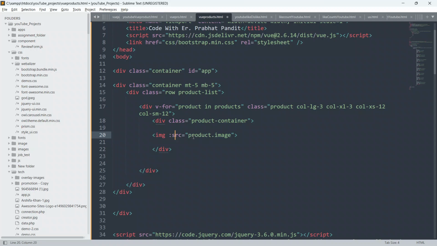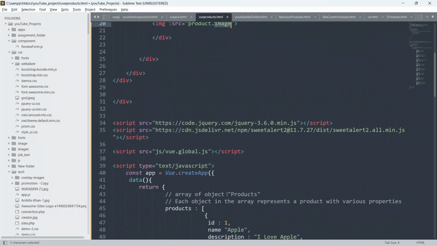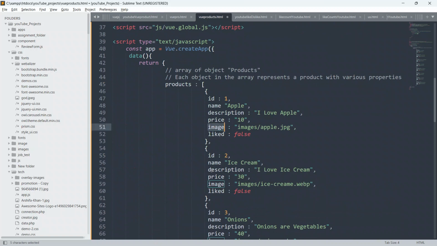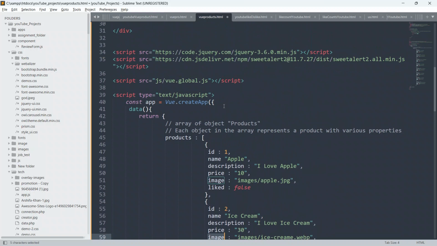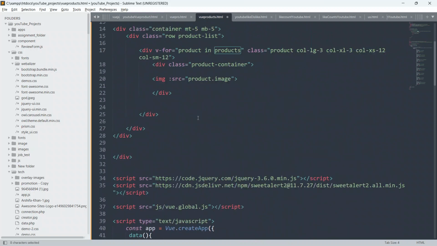So what I have done here guys, I have given colon src and this product dot image, this image from all the 8 elements of this products array.